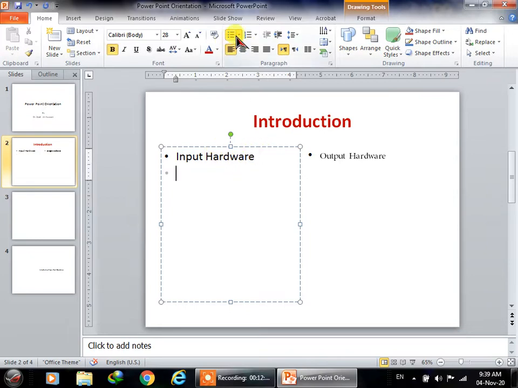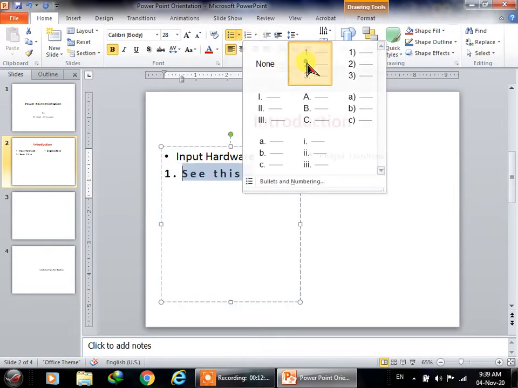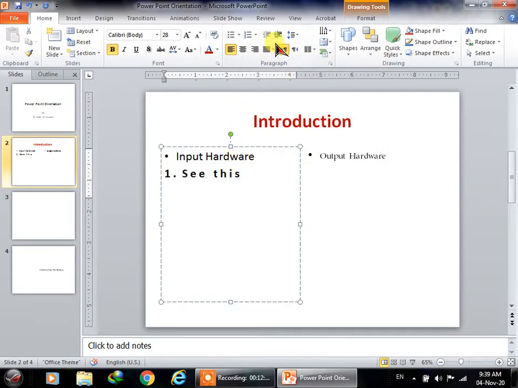Now this is for bullets. You can add bullets and you can remove bullets. Now see this, there is no bullet, and now there will be a bullet. If you want to add numbering, you can add numbering, or you can increase or decrease indent. It can be done with caps, or it can be done with this, increase or decrease. So it's similar to adding a section or subheading.